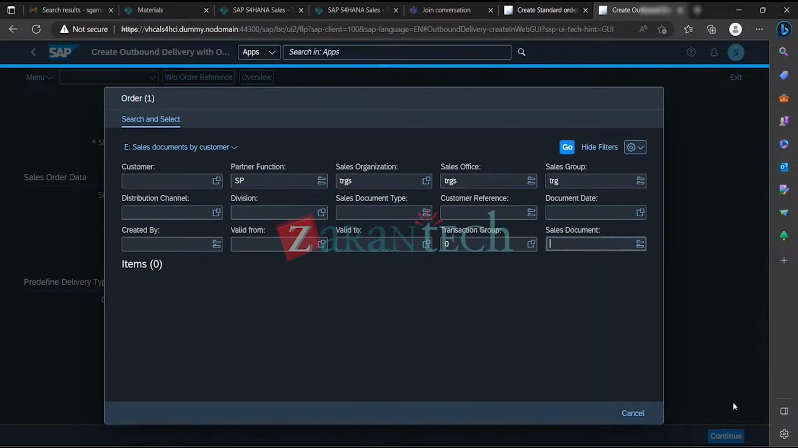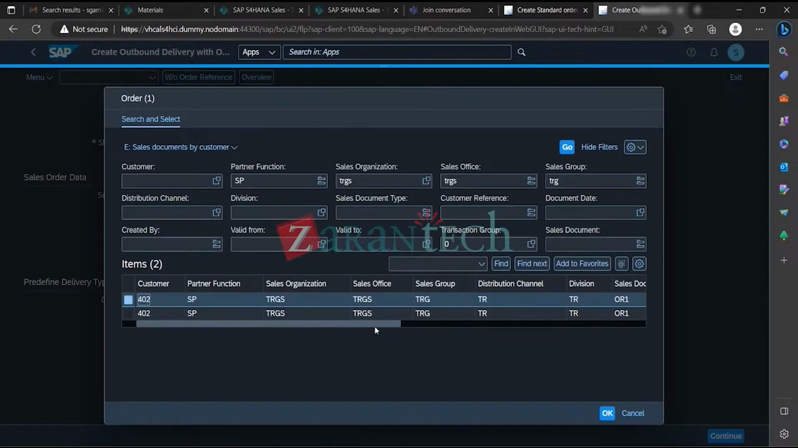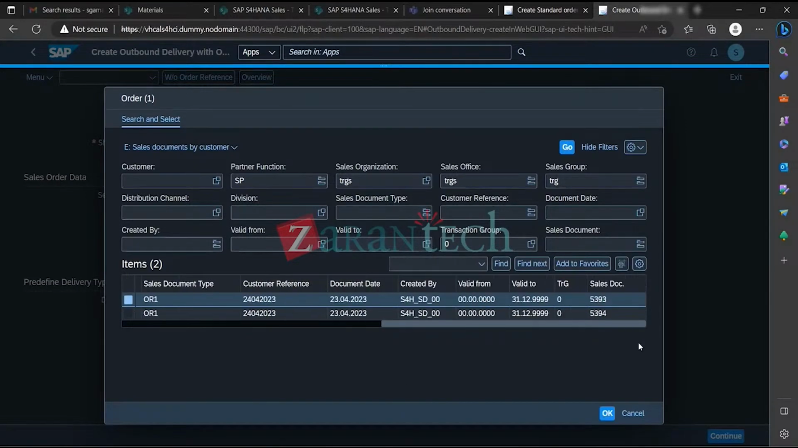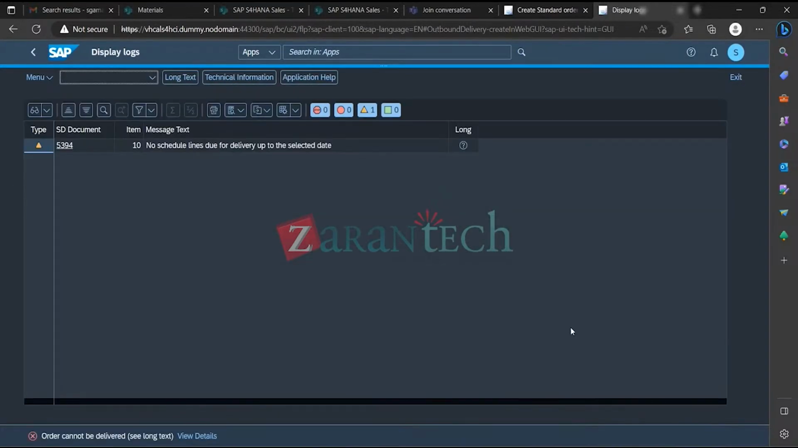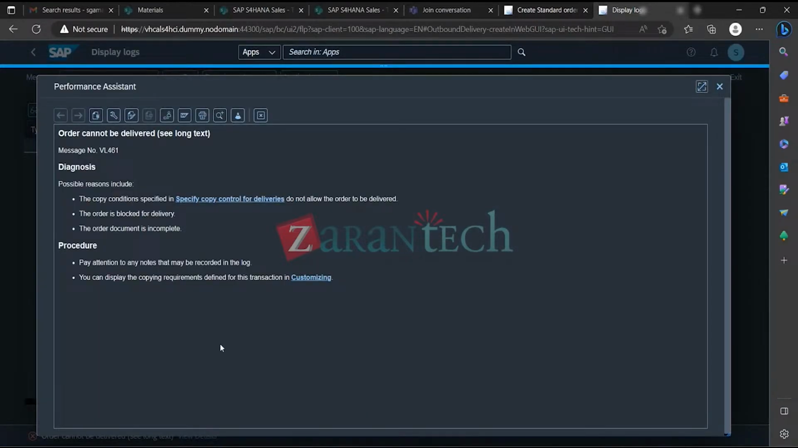I don't know the number. So go option. So this is the sales document. The filter was giving a wrong message in the wrong selection. So 5394, that is the document number. Okay, now press continue. No schedule for delivery second date. Current delivered. So I think